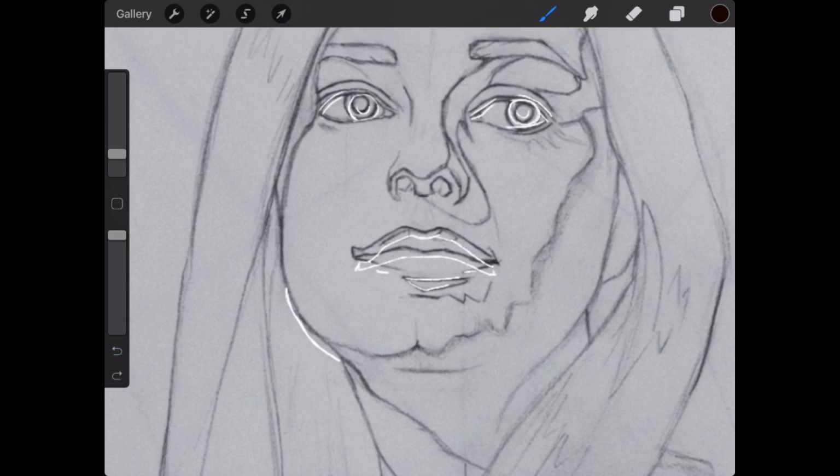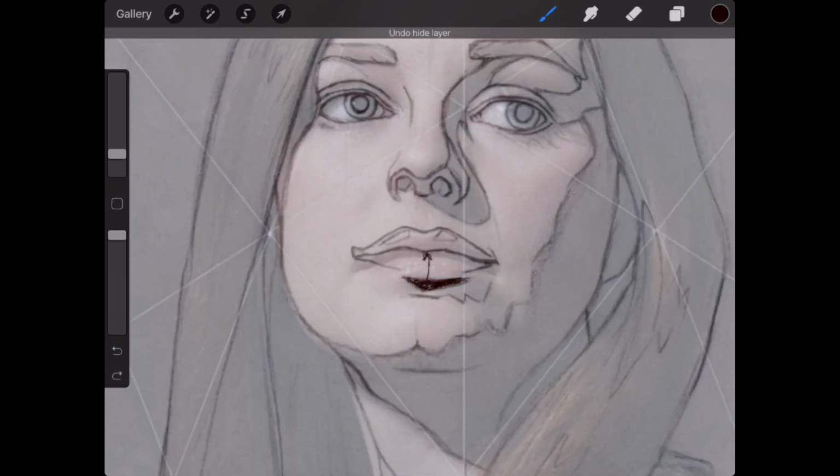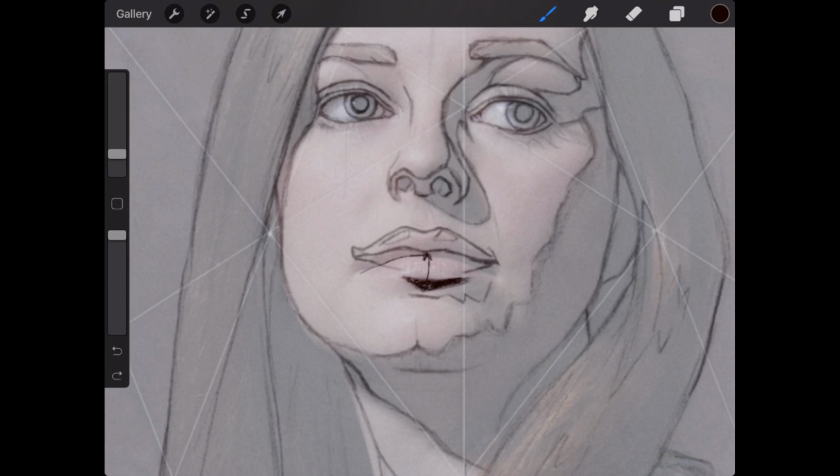So make sure that this and this corner are not level to one another. I think you even have probably a pretty good tilt relationship here. It's just because we're looking up at her, there's more of this arc to her lips.